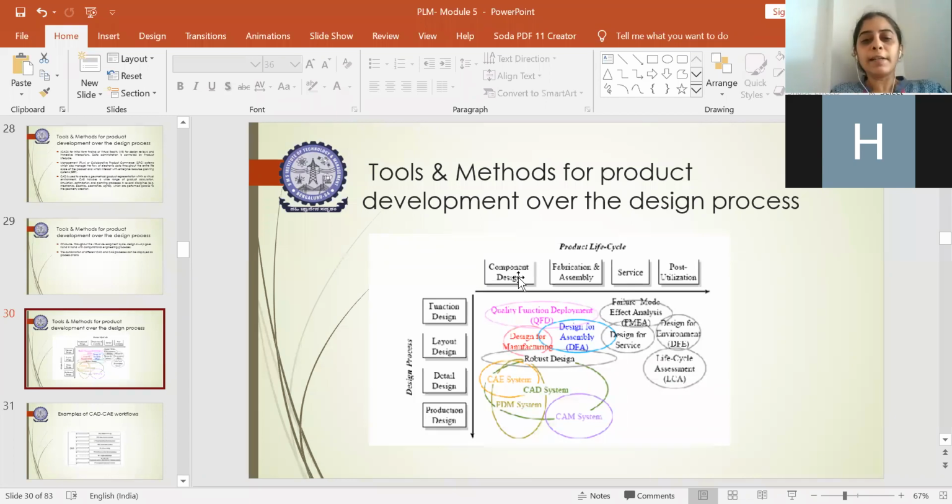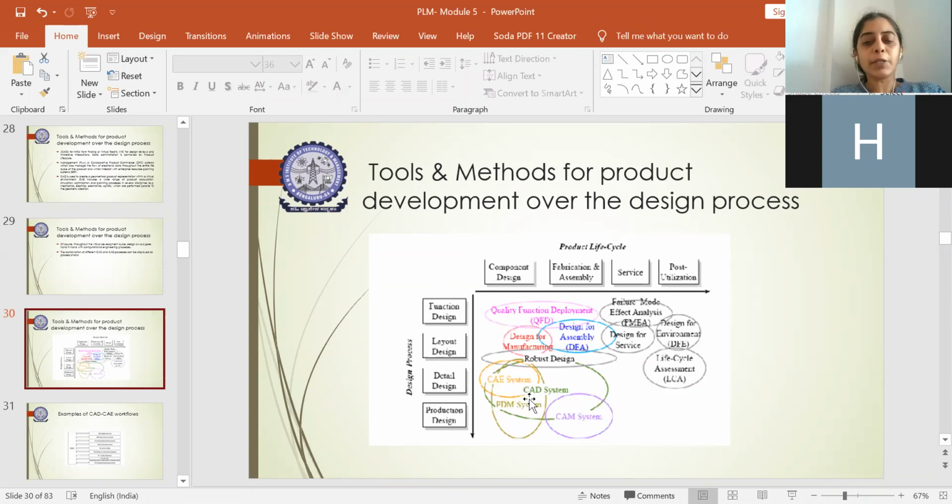So we have the entire product life cycle process, and we have discussed various design processes which were evaluated in ancient times and how they are modified now. So that is the design process and the product life cycle. This is what is actually done, outside our virtual environment. So this speaks about our virtual environment.